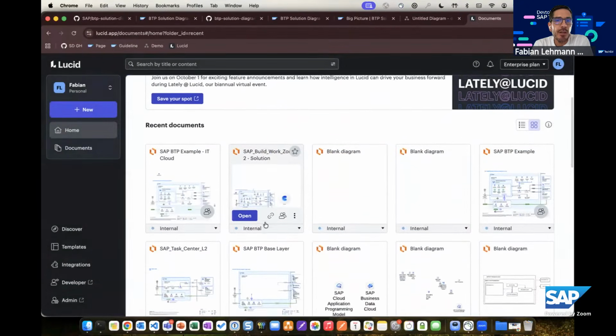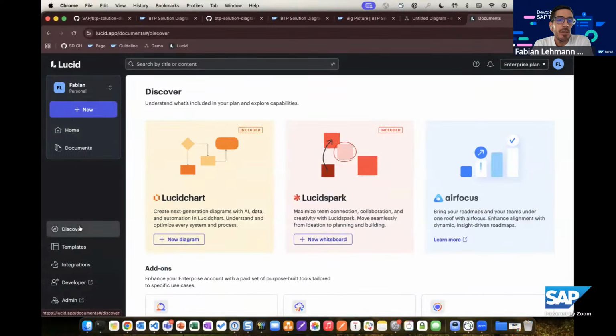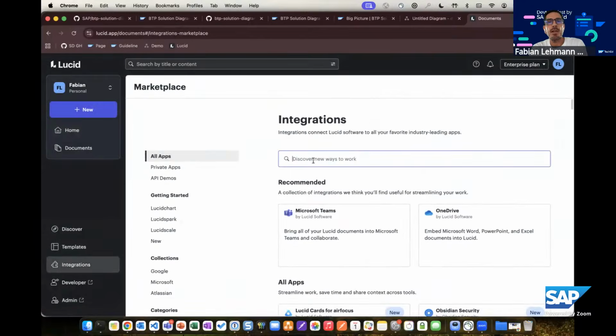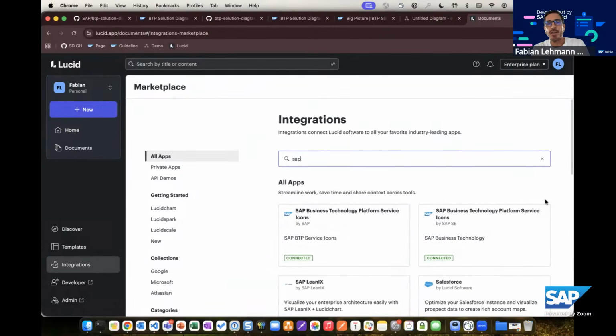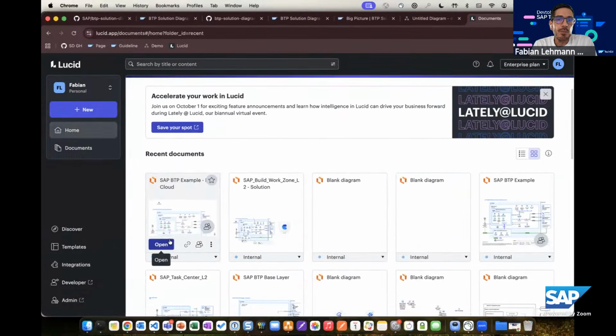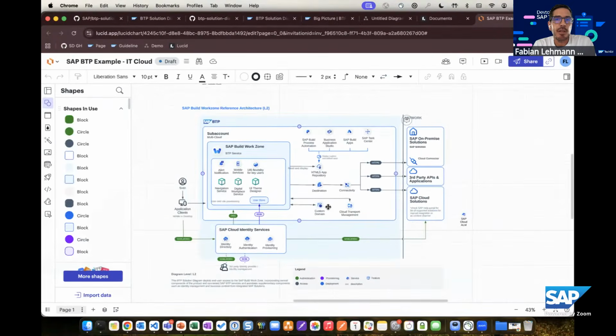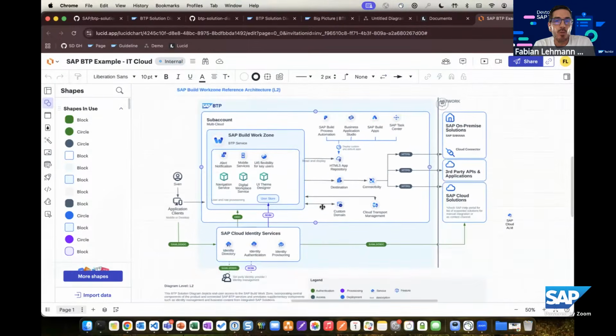So that's basically Lucid. It's another tool, a commercial offering, but also here we provide different integrations. I think it's available as part of the integrations in the marketplace at Lucid, and you can see we're also providing, for example, the SAP service icons as part of the marketplace integration, so you can easily adopt all the architectures if you are more a fan of Lucidchart. If we open one of the architectures that I created already,